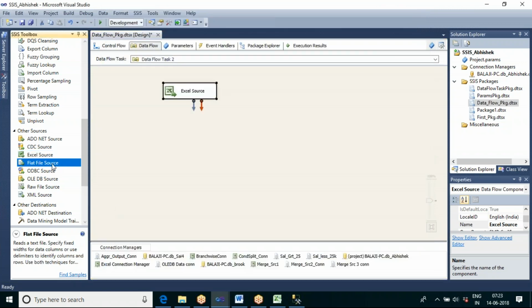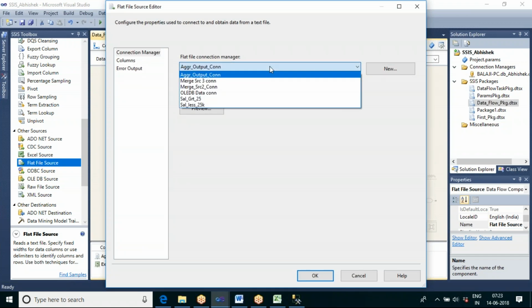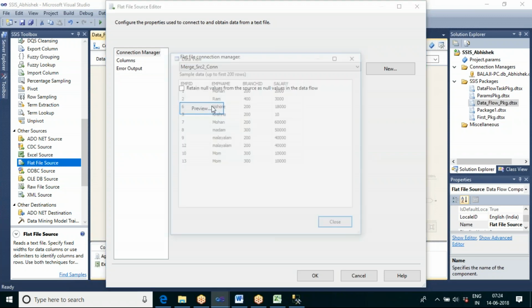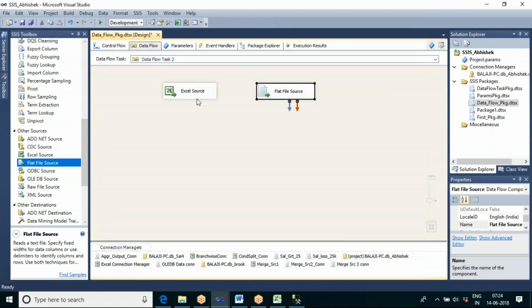Now let me go for a flat file source. We have the merge source 2 connection, and I preview the data. Now let us go for union all.